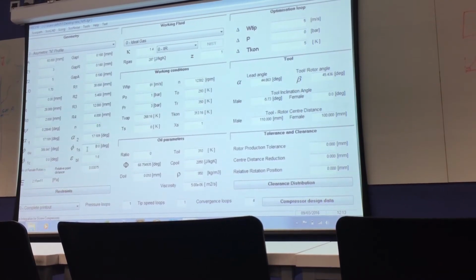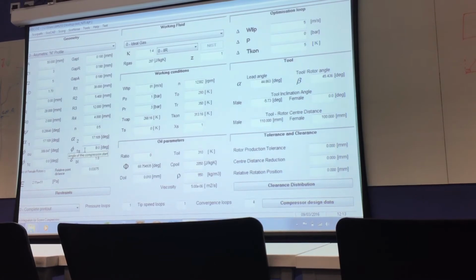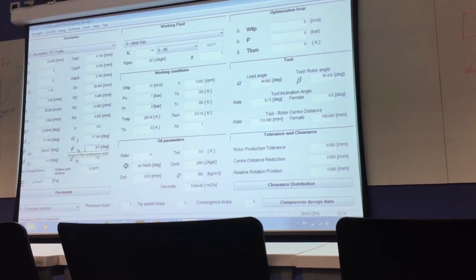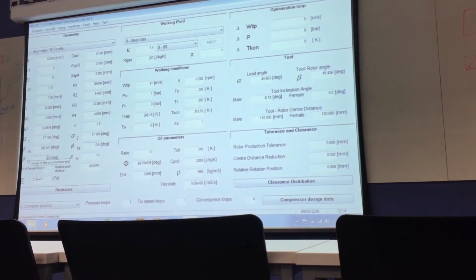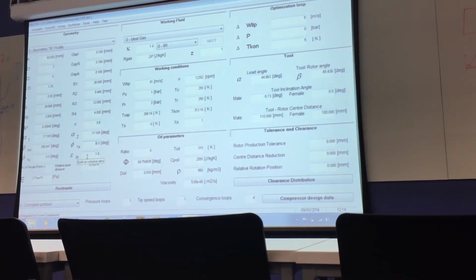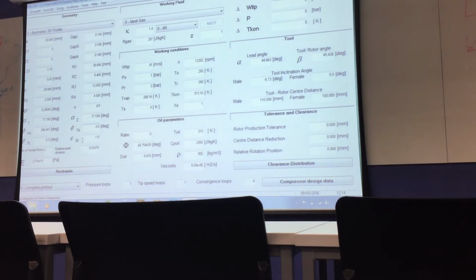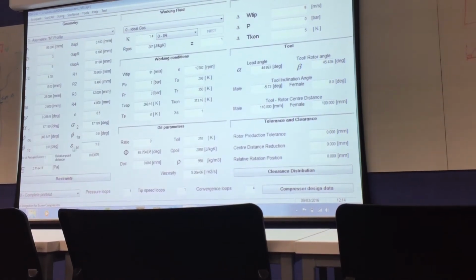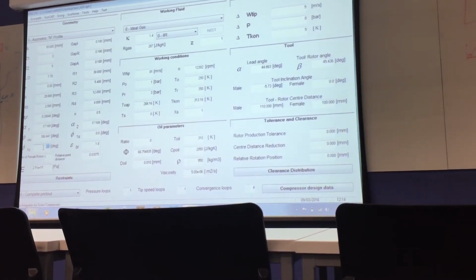Then there are two angles here. One is called as angle of compression start, angle of compression end, and there is a parameter called built-in volume ratio. So this parameter built-in volume ratio or this parameter end of compression end could be used. Okay, one of this is dependent on the other.